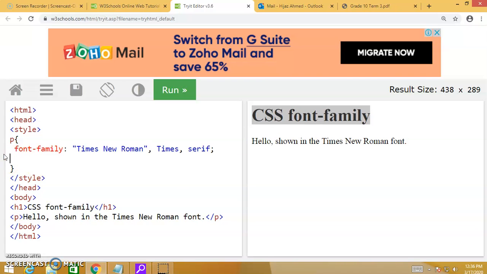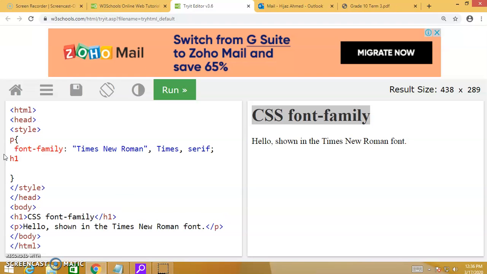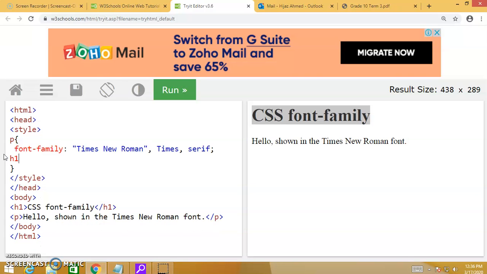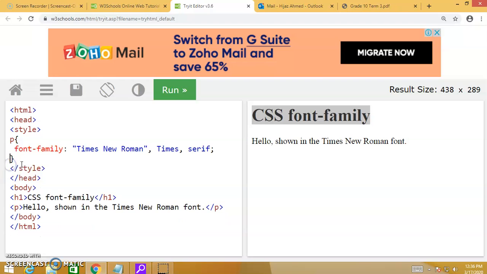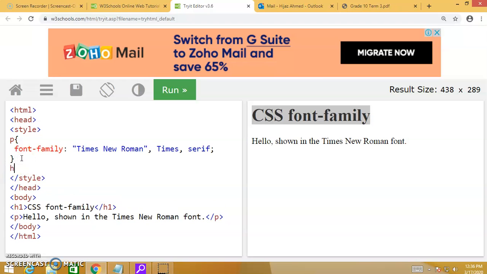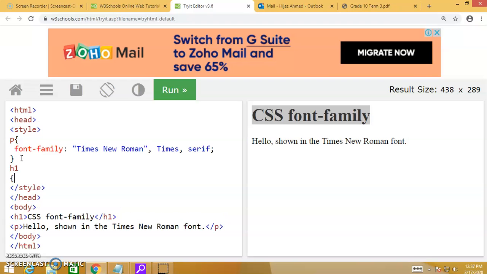But here under the style, what I would do is I would add H1 font-family, and then I would say